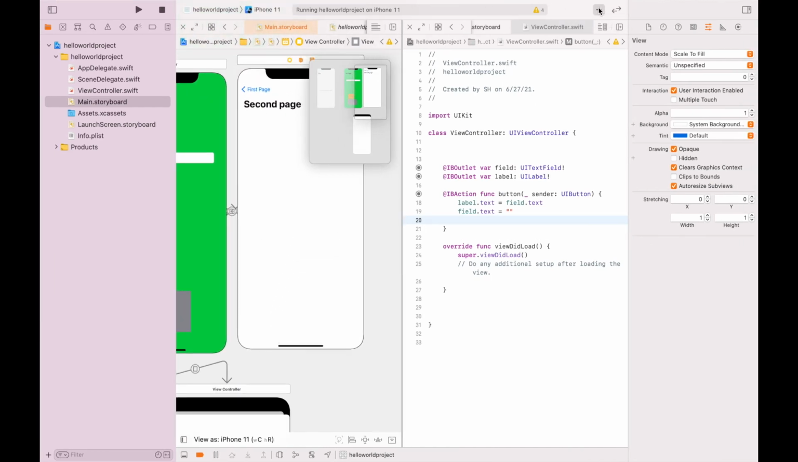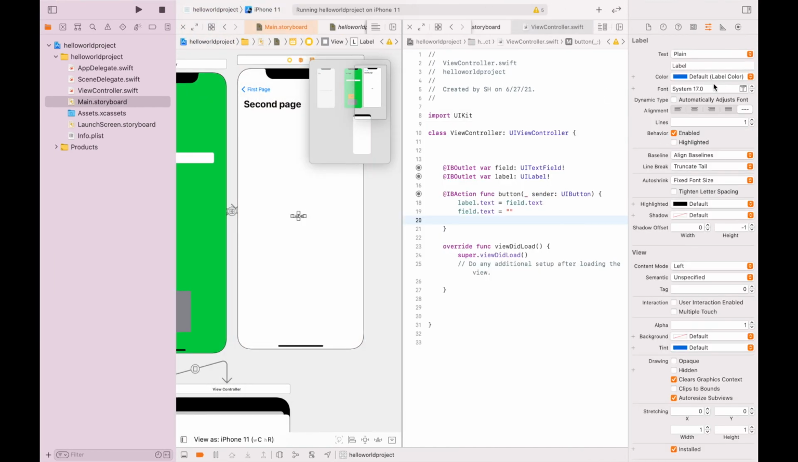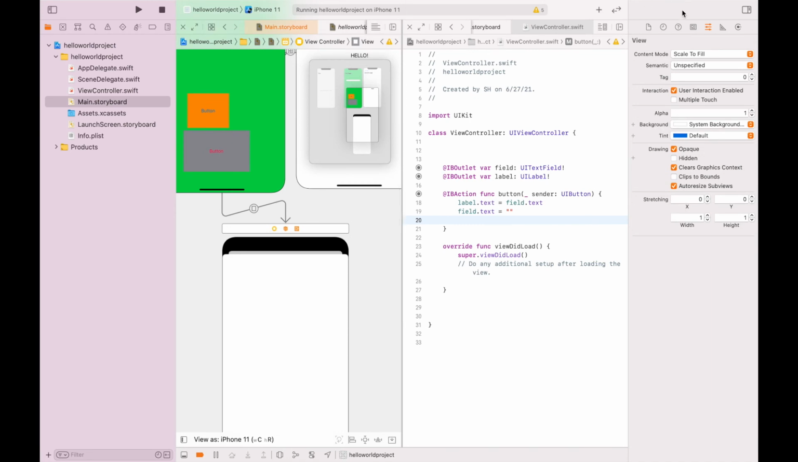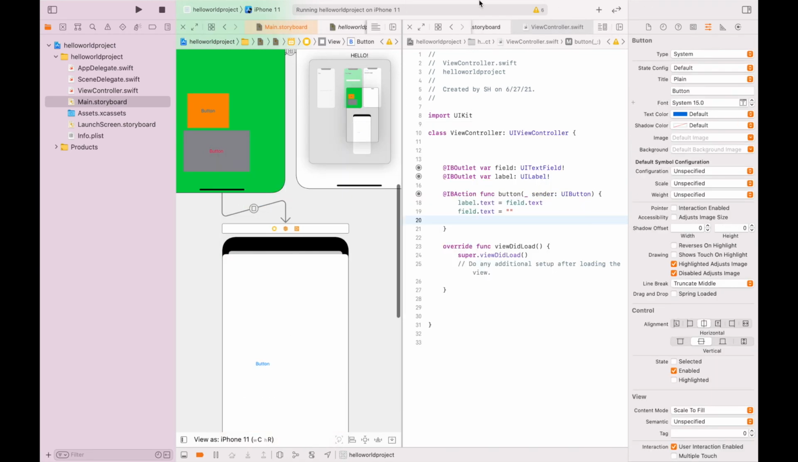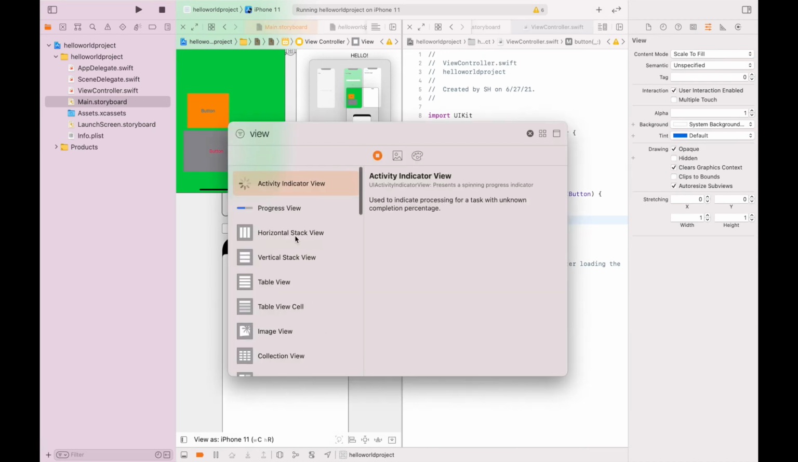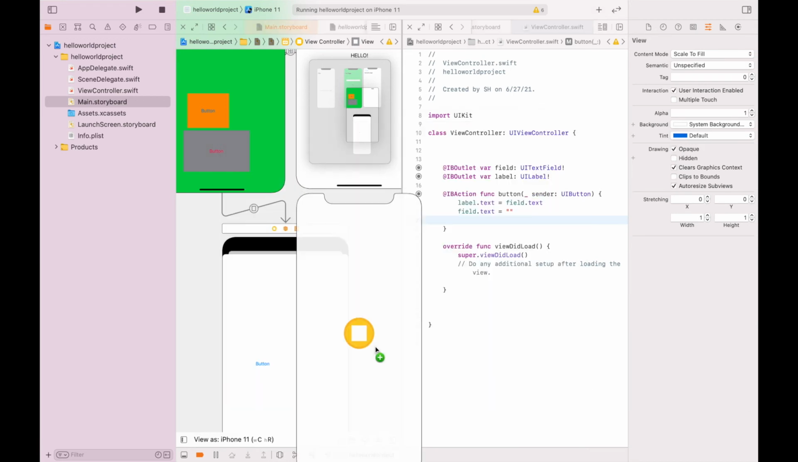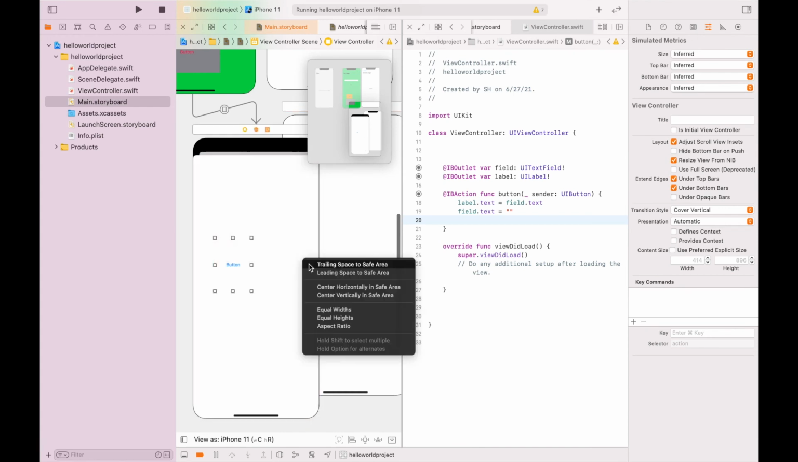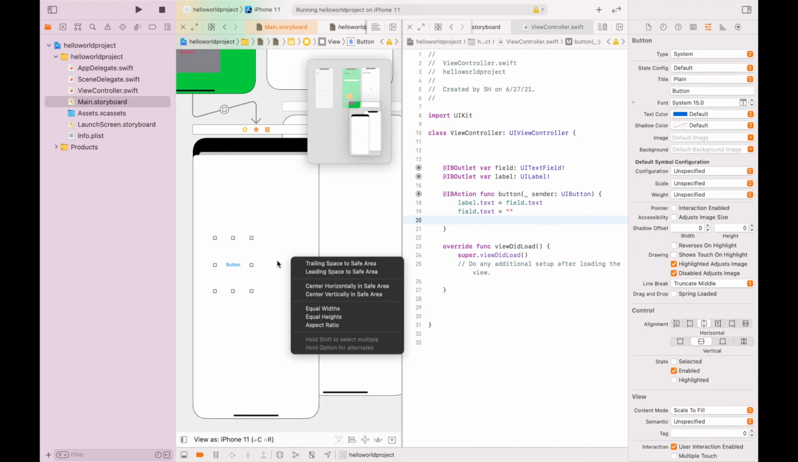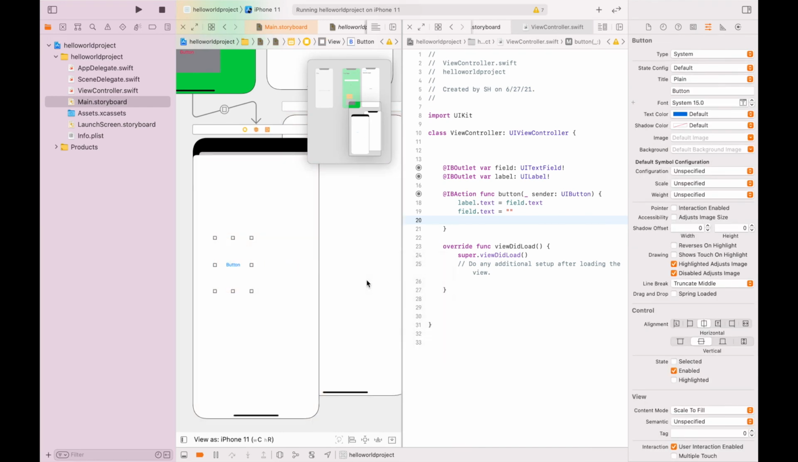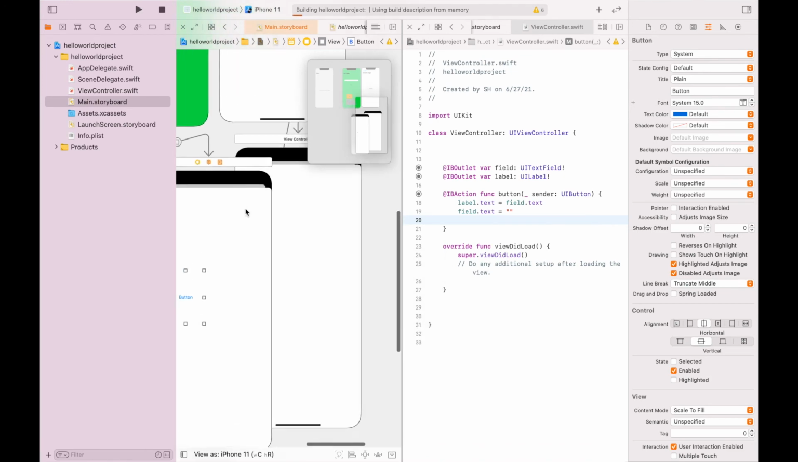Like here you can add another label saying hello, and then I can add another button here. I can add another button that goes to another view controller. You can really do a lot with this. So all I have to do is do that. Show. Okay, so if I run this,